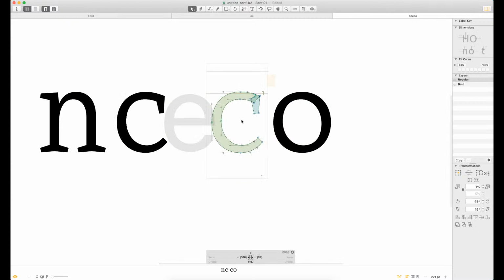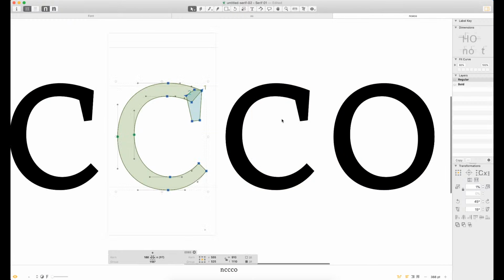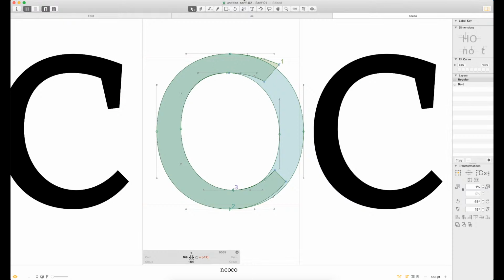So next up, since I guess we're already kind of in that zone, I think the E is probably the next obvious one to make. So what'll be nice about this is I don't need the serif, but what I do know is I can leave this little tail here. I think that'll work pretty well. Before I jump into that too far though, I think what I'm going to do is